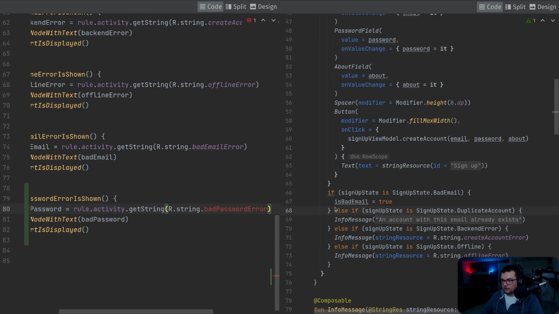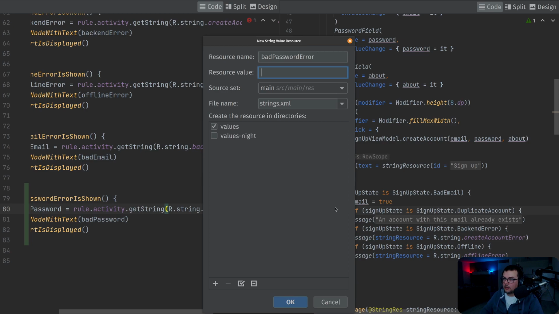The bad password error should be required. I want to make a small message but also describe what the requirement is. Required one cap letter, one small,